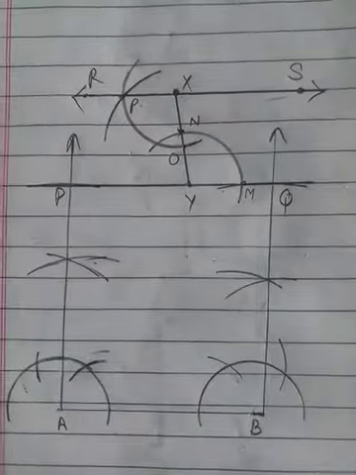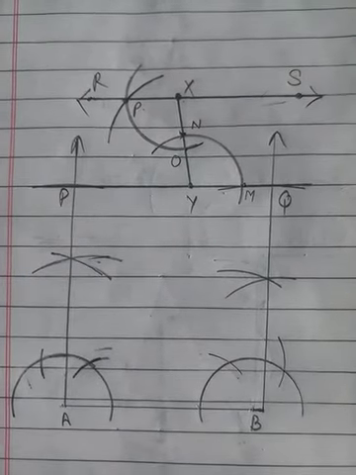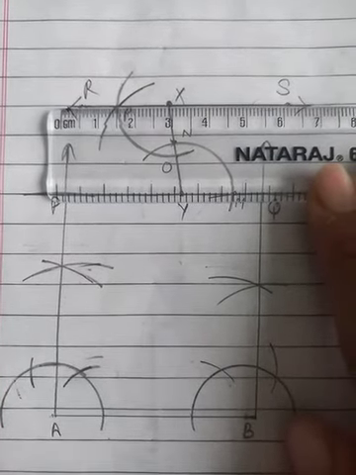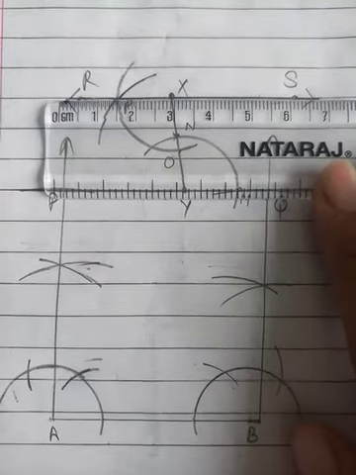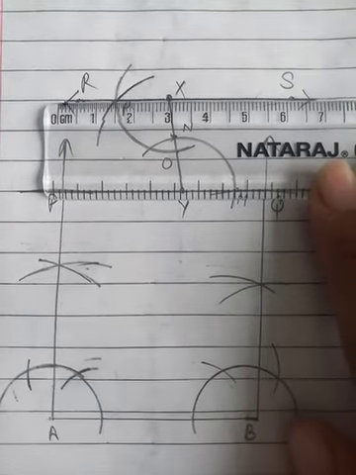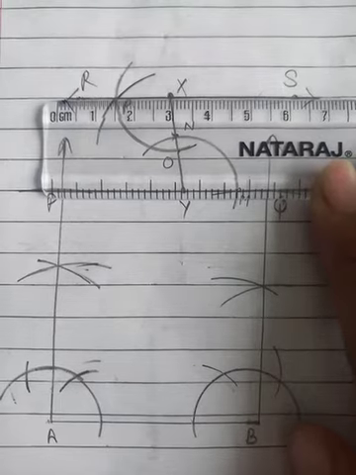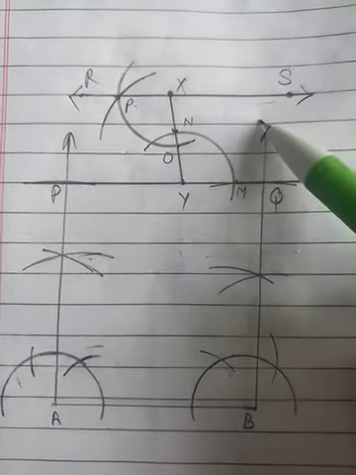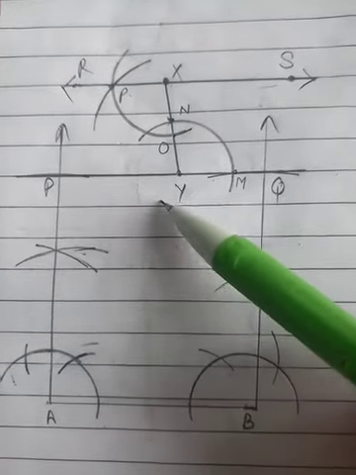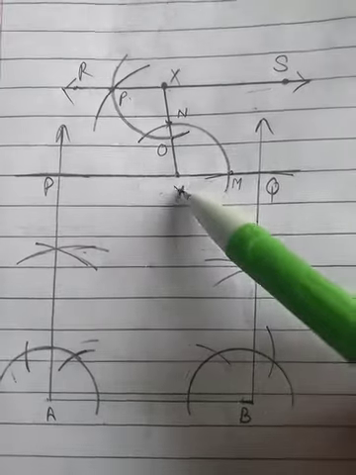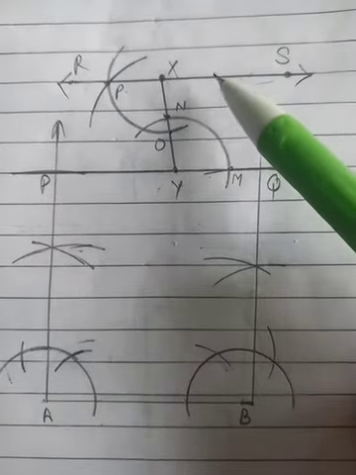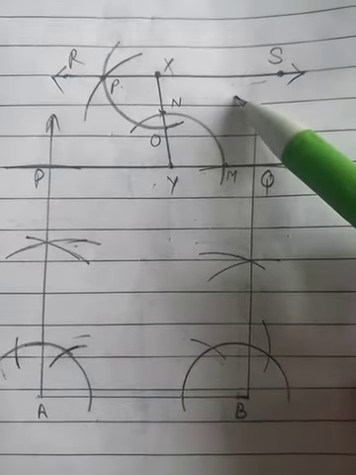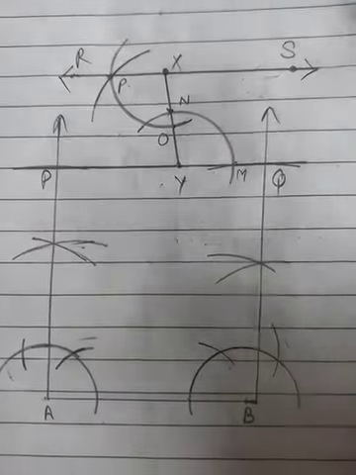As it is already given in the statement, we need to use the same names, that is R and S. So by passing through points P and X, I have marked a straight line which is RS. Okay, clear? So beta, here you can see all these three lines are parallel to each other. If AB is parallel to PQ, and they are saying that PQ is parallel to RS, so obviously these two will be parallel to each other also. AB will also be parallel to RS. Clear? I hope you understood.